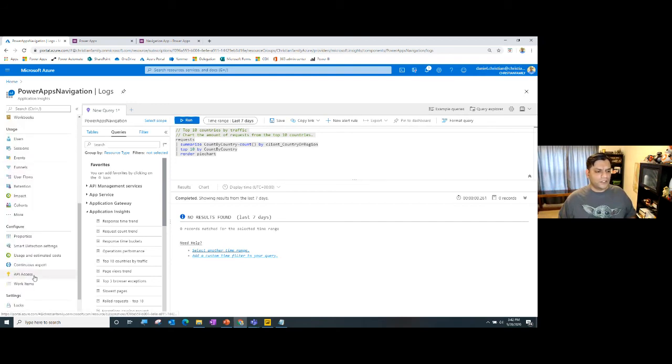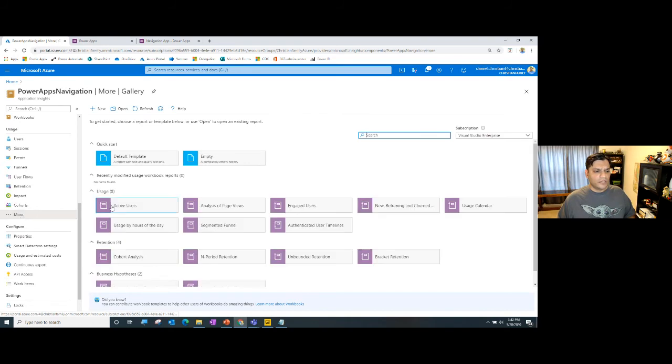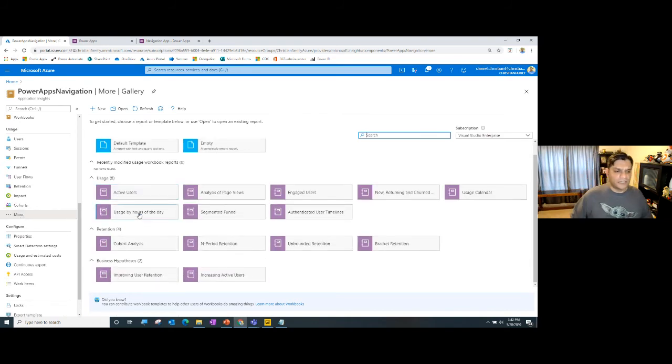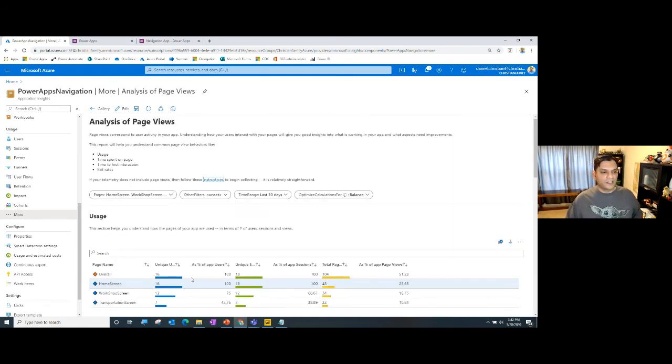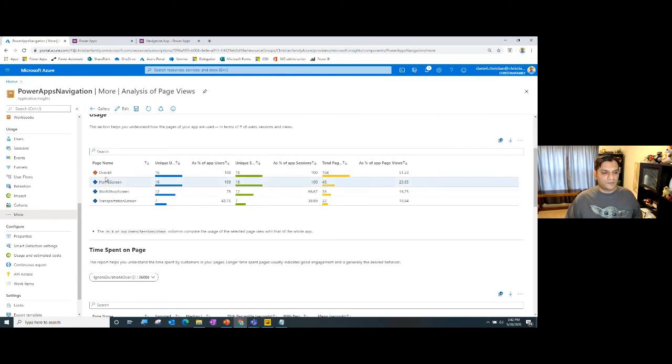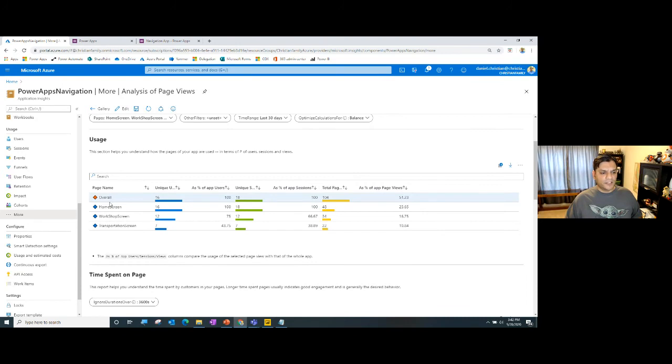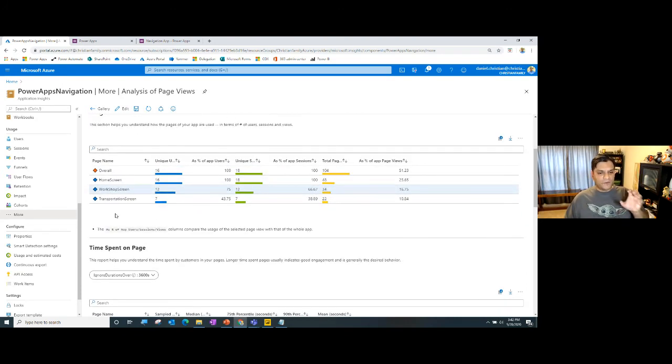Now, there's also some other information available over here. In the more section, there are all these places to actually get more information. So the analysis of page views, that's another way to come in over here and build more of those reports. So I can come here and click on see how the page views are. This was just an example of the page views. But right now, if you want to quickly see all the information, you can see these were the overall page views that were done. These were the unique counts of just those views over here.